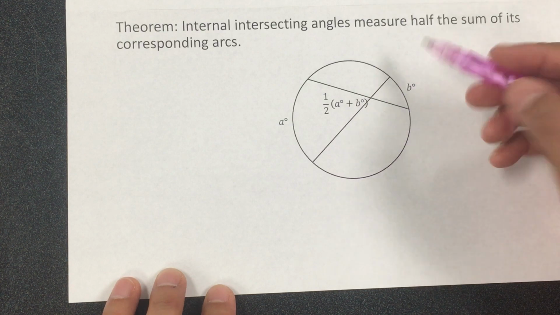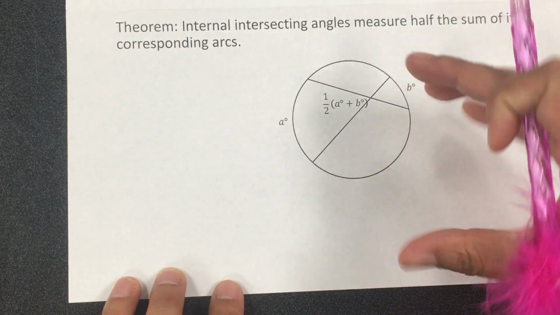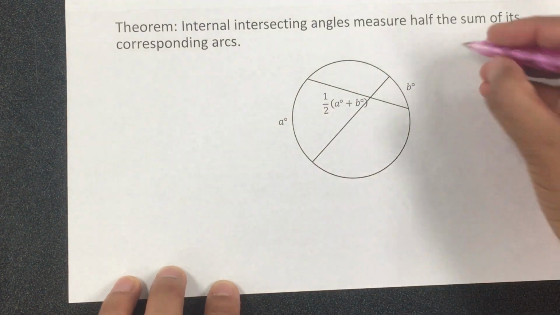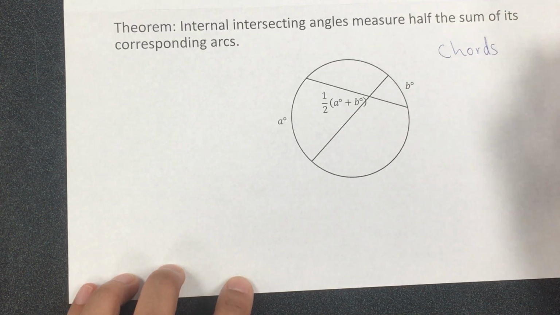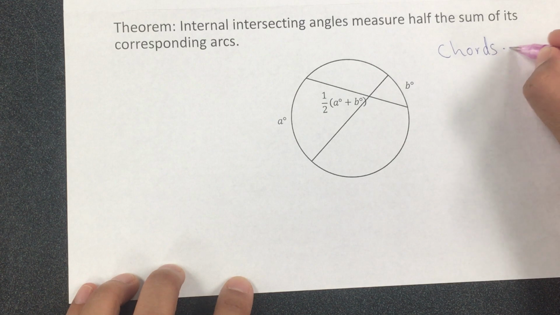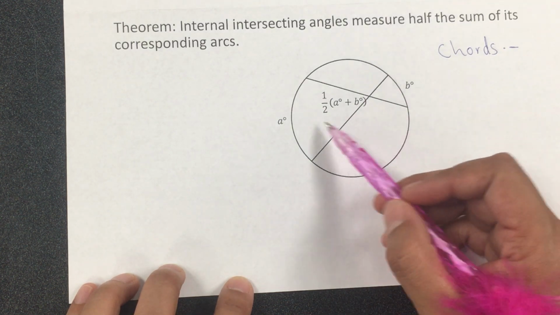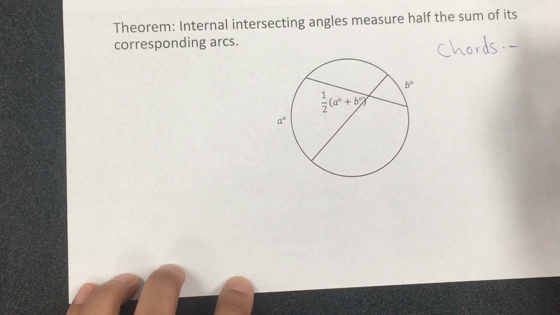What that means is that if you have 2 lines, but they're inside of the circle, not outside like the secant and the tangent, these are called chords. Okay, and chords are like the diameter, but they do not go through the middle, or through the center of the circle. So chords